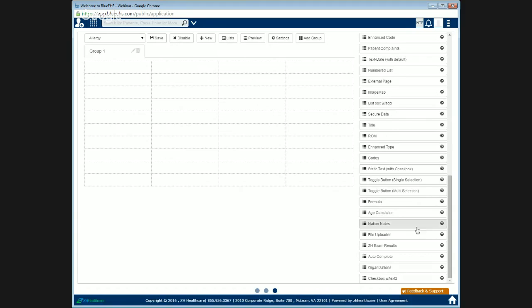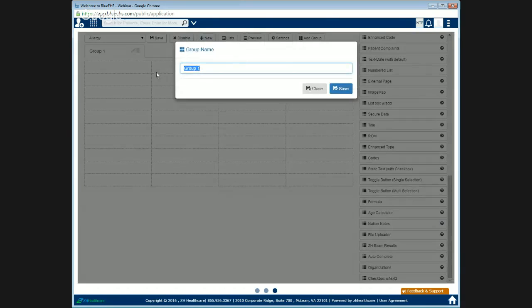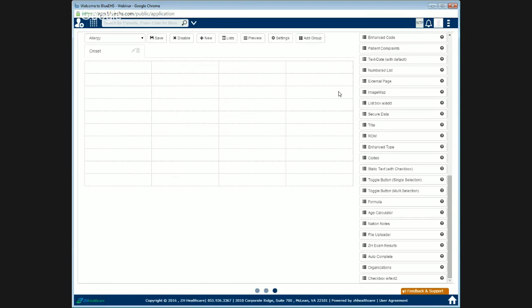Alright, to begin with, I will create a group name which will be the onset. I will create two groups. One is the onset. Inside the allergy form, you can create different sets of groups, or you can have one group under which your entire form can be brought in. So the next one is